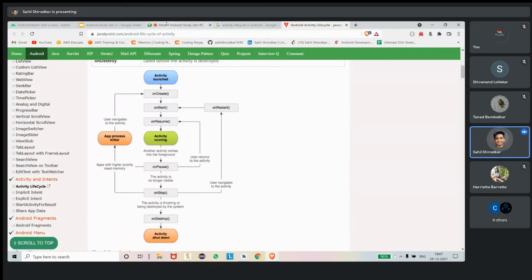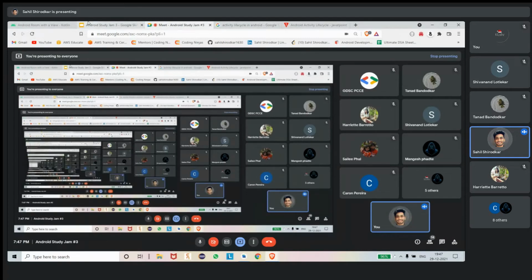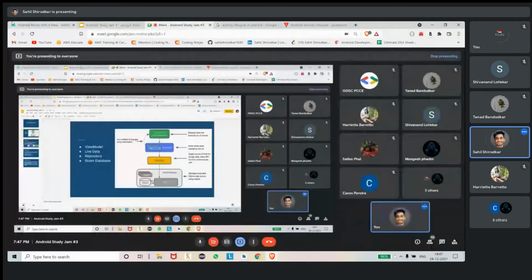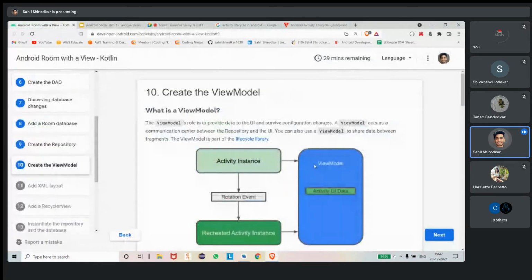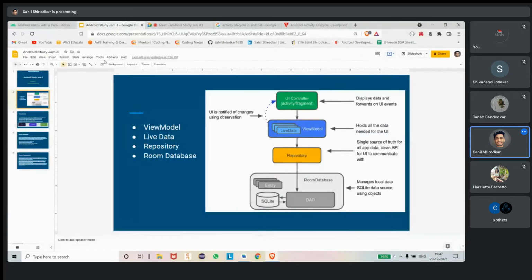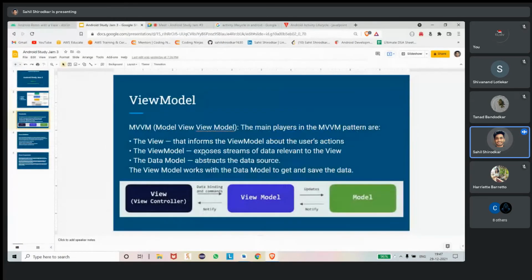So let's say the UI is directly interacting with the model, and every time we change the orientation, it will make an API call again.